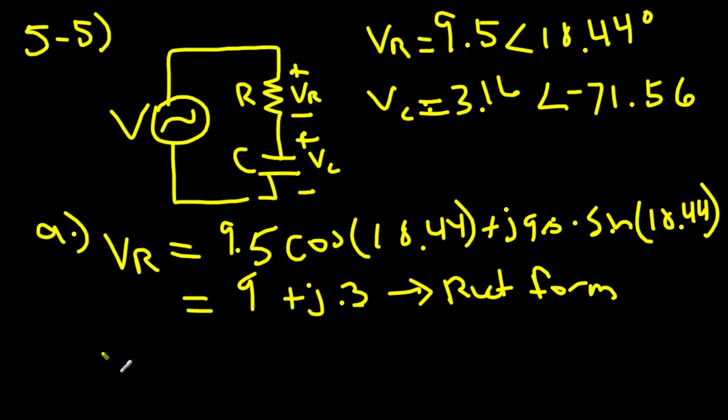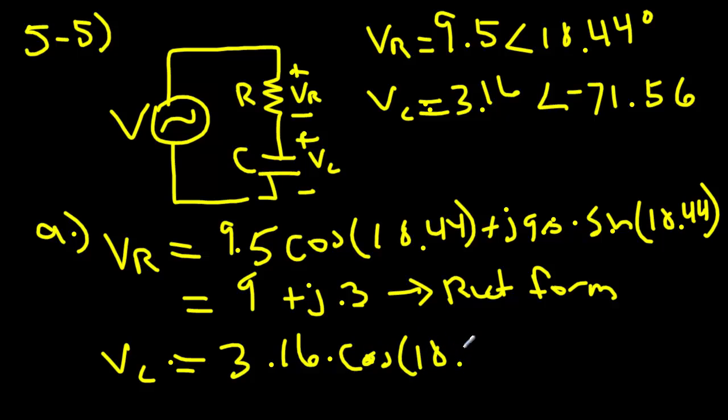Next, we want to find VC in rectangular form. The same way we did it with VR, we're going to do it with VC, just with different values. So we have 3.16 times the cosine of negative